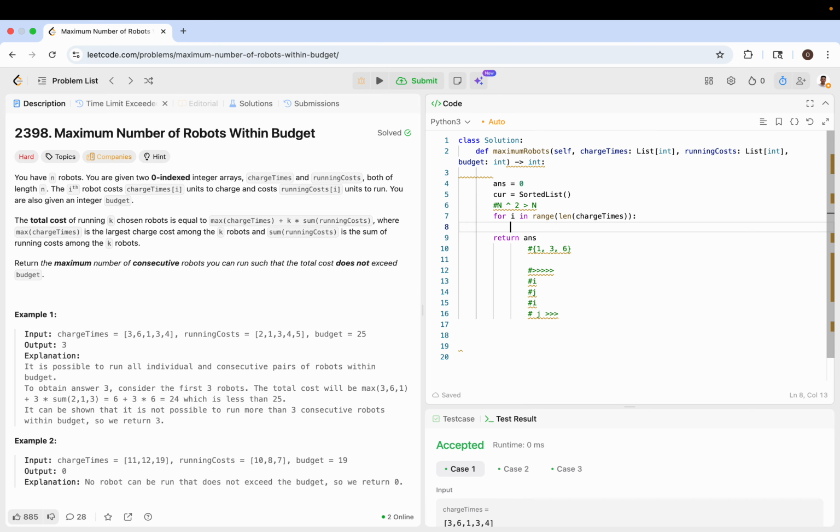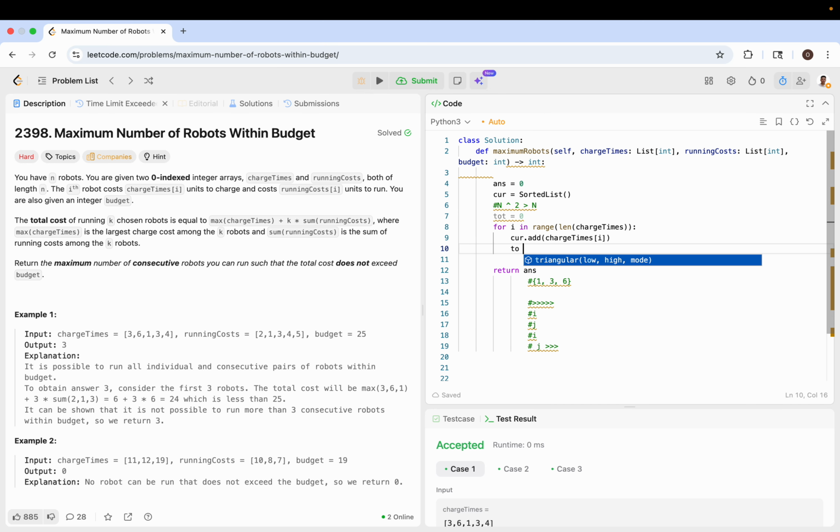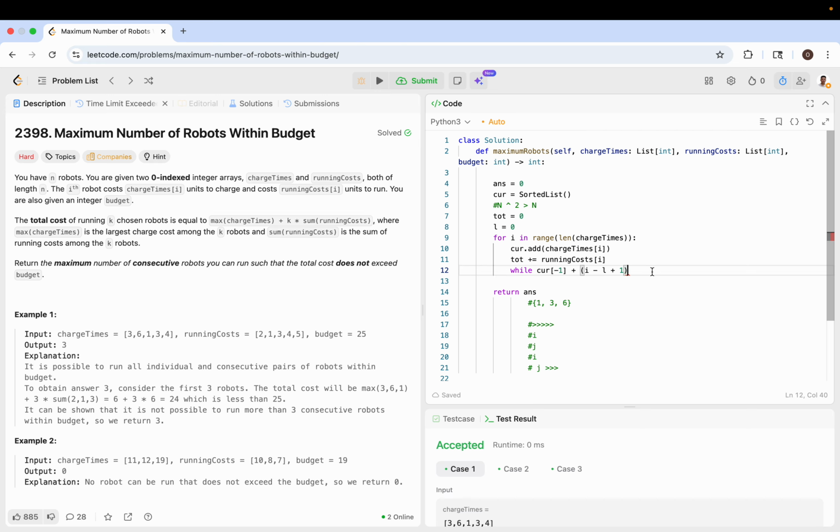So we're just going to put this first, and we're just going to add charge times of i, and then the total sum. So because we want the sum of this, we're just going to say total is here. We're going to add running costs of i, okay? So we're just expanding the window, and then while cur[-1], so whatever value we have, plus, so i minus left, we're going to have a left pointer, plus 1, which is the size of the window, and then we're going to times total is bigger than budget, and left is less than or equal to i, because we don't want the window